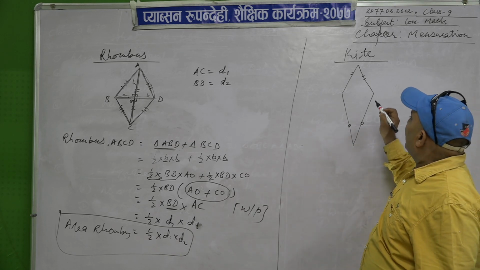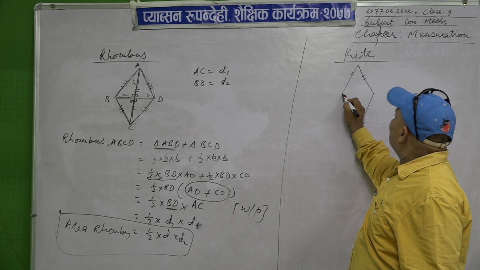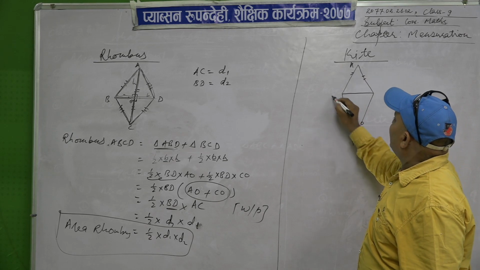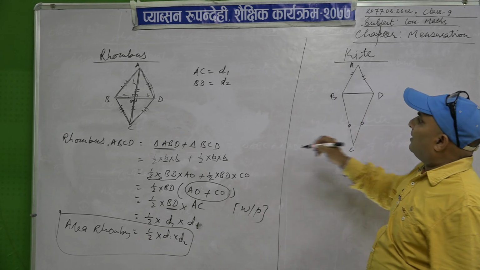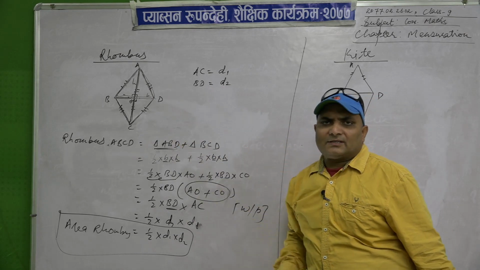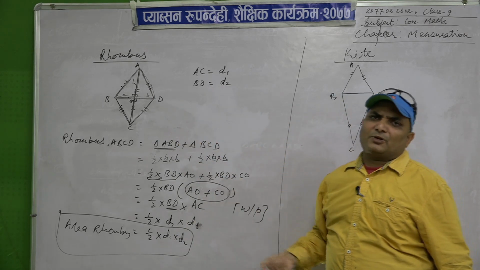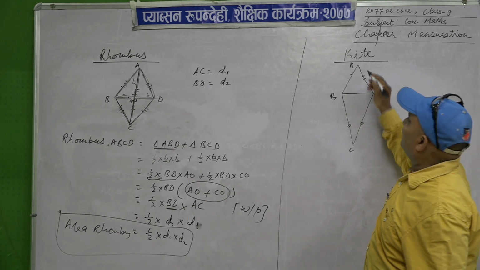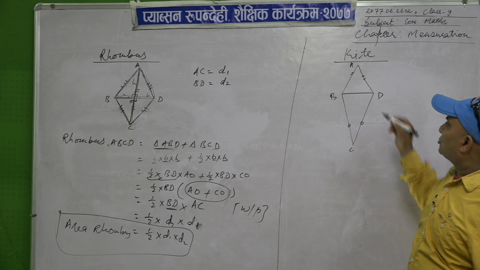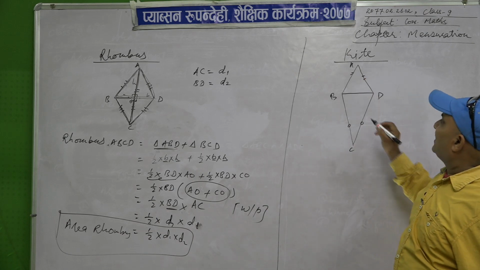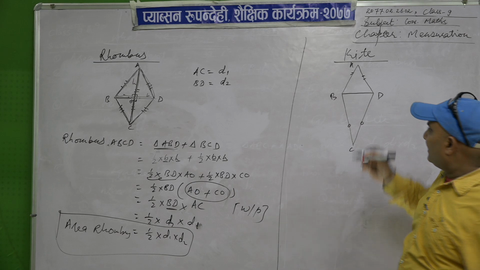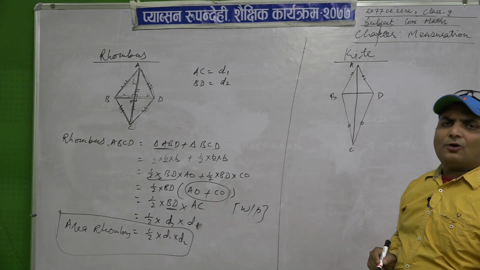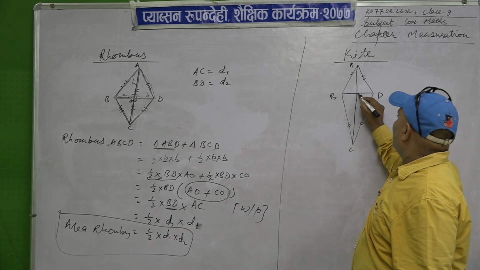Now, see, suppose this is a diagonal, name it here A, B, C, D. I am always giving the names A, B, C, D. You can write another one, P, Q, R, S, T or W, X, Y, Z. It is very easy for me, that is why I am always writing A, B, C, D. So, you can name it A, B, C, D. BD is a diagonal, and if we join AC, then AC will also be a diagonal, and suppose this point is O.